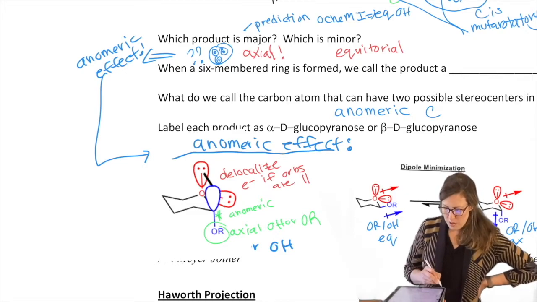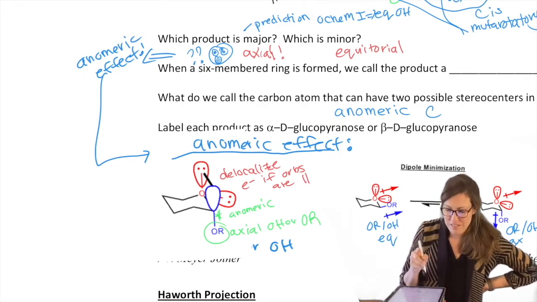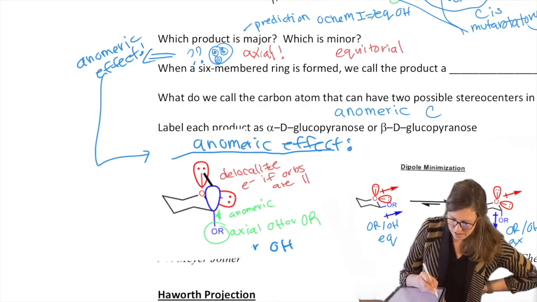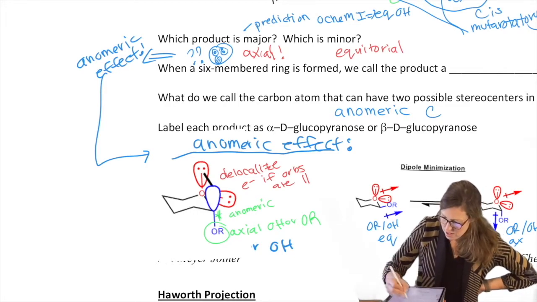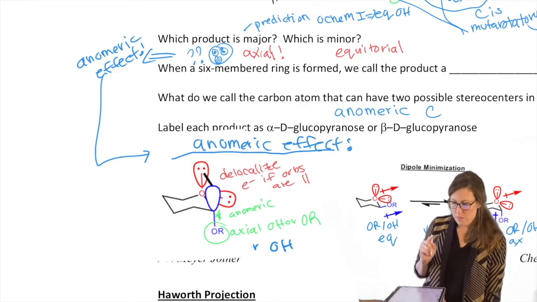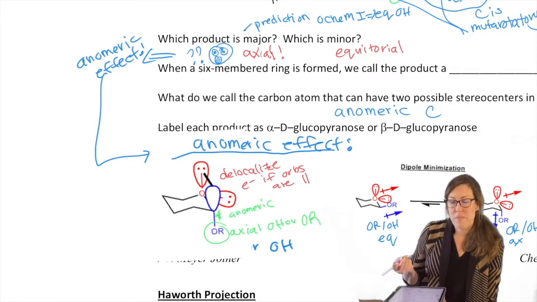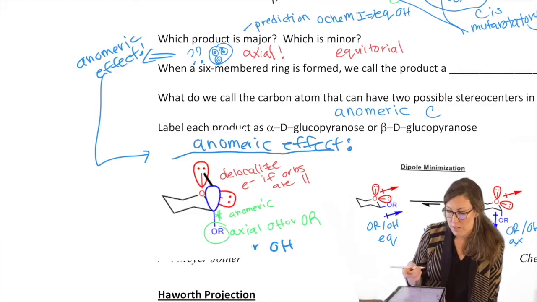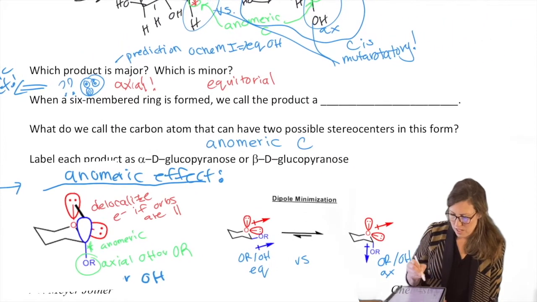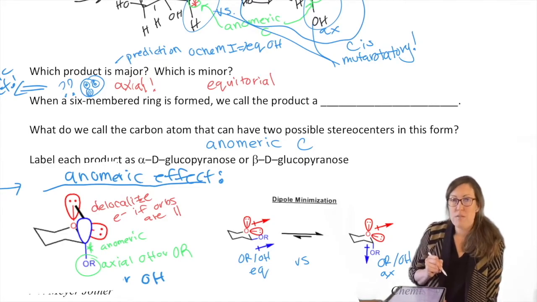Okay, so something else to know about this ring forming exercise. Not only do we get those two possible anomers, okay, I'm gonna write that there. They differ specifically at the mutarotatory carbon when they close the ring. We know that this is D-glucose. And we also know it's still D-glucose in the ring form. However, in the ring form, it looks different than the straight chain form.